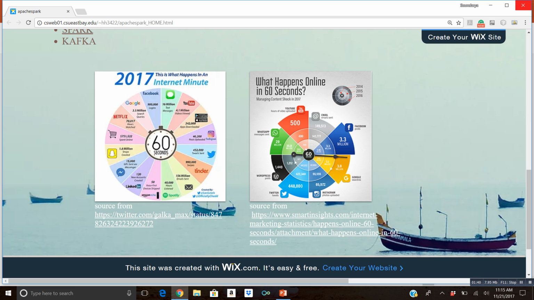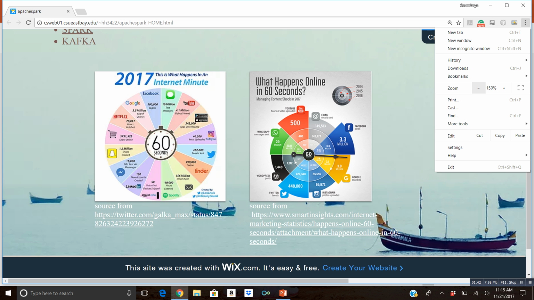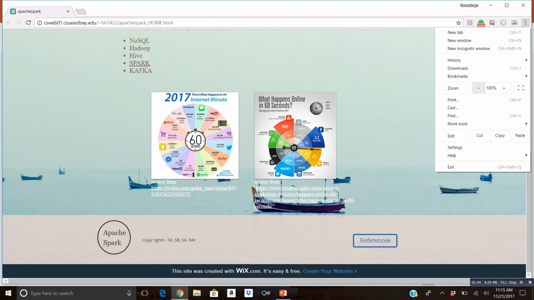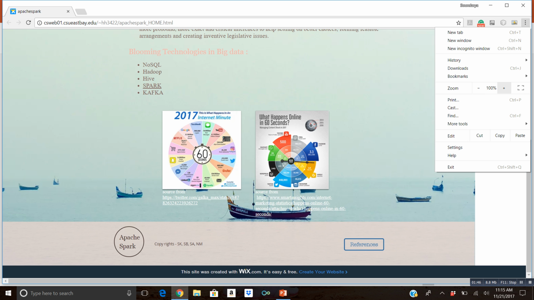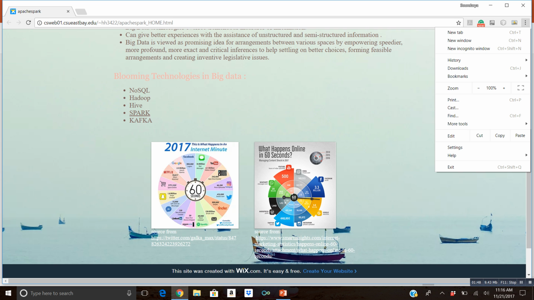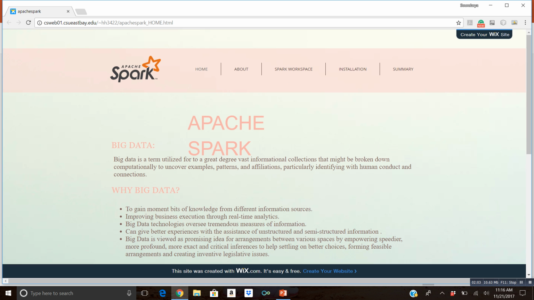So who handles all this, and how is it handled? As a user, when we are using any of the web apps hosted on the internet, the only thing we expect is a prompt reply from the web app. A web app should respond as quickly as any app on your local machine would. So who manages all this data? That's why we have such technologies to handle big data.